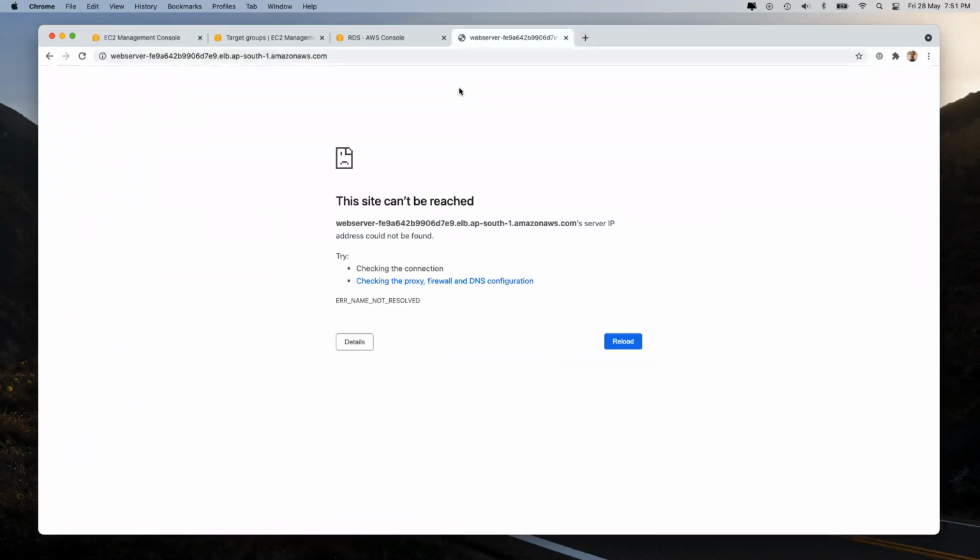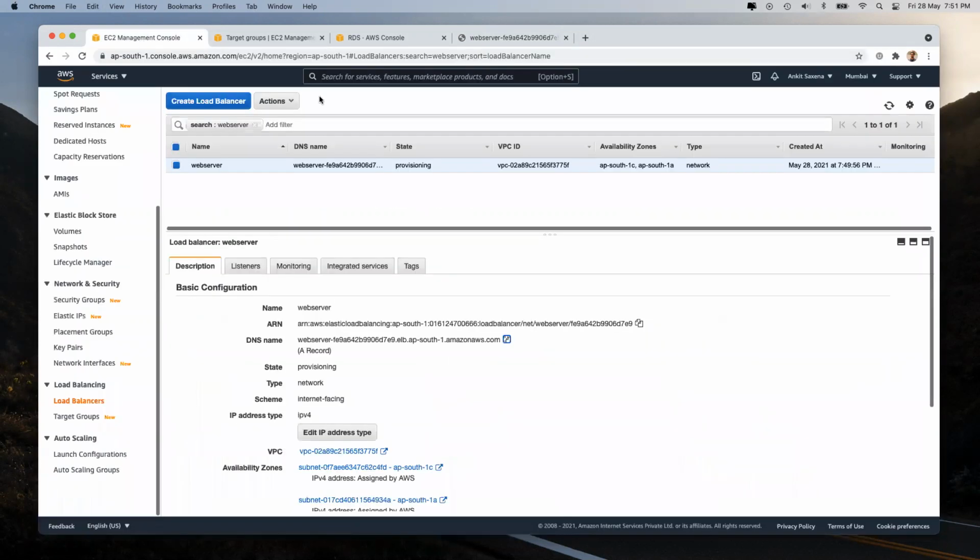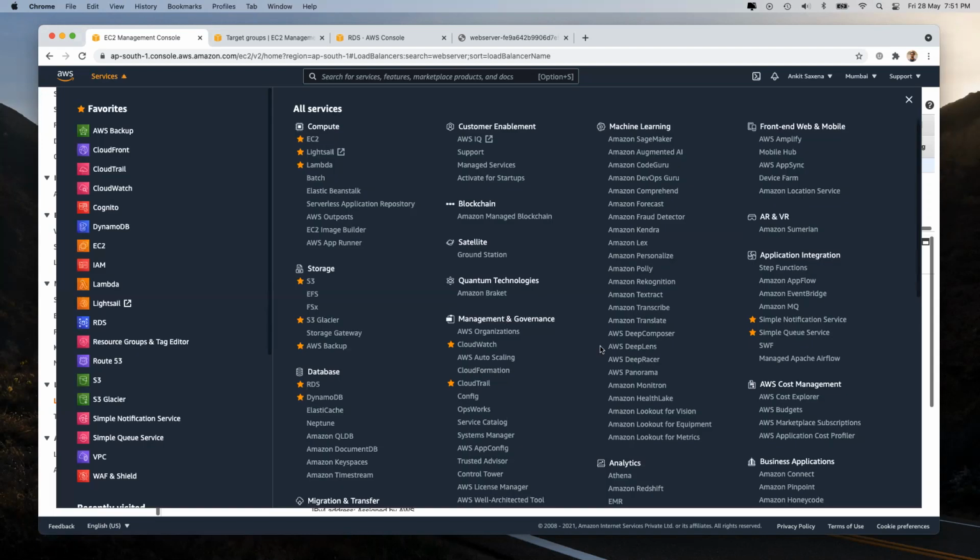Over here, it will take some time. Yep, we know that because it has to do the health check. Let it happen. Let's go back to our